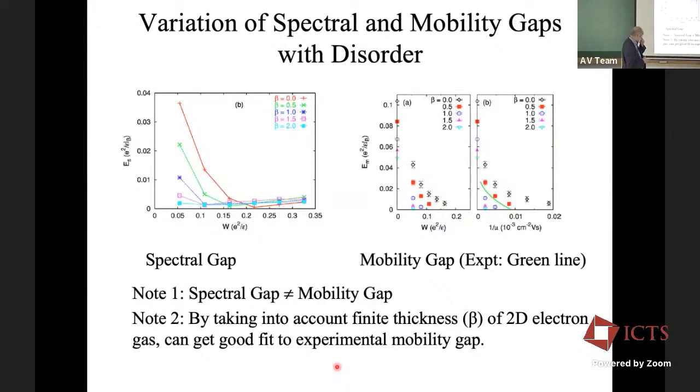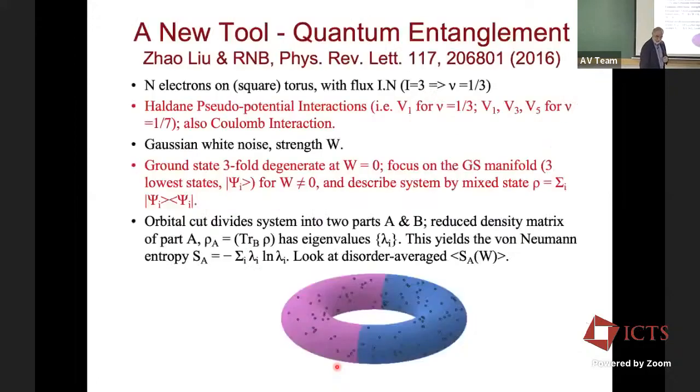So I also want to point out something which does not use topological quantum numbers, but uses a different property. And that's quantum entanglement. And since a lot of people are interested in quantum entanglement, here's a case where we actually can predict something using quantum entanglement or entanglement entropy. So this is done with Zhao Liu, who was my postdoc about 5-7 years ago. And he's now a faculty member at Zhejiang University in Hangzhou.